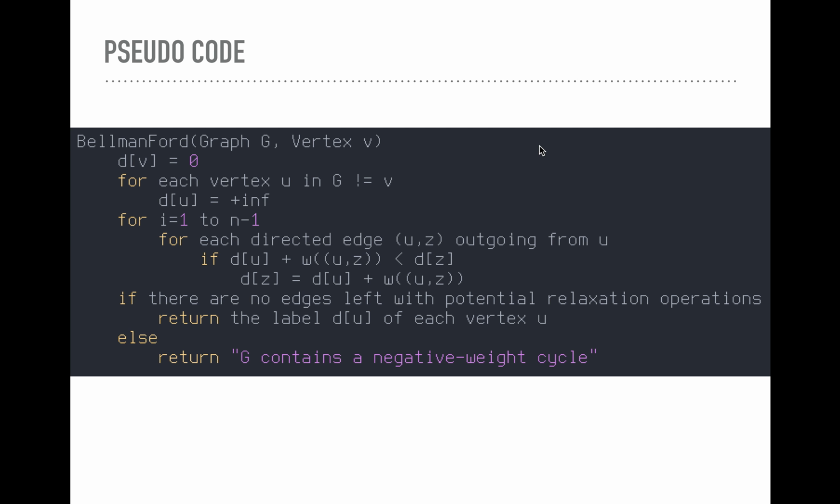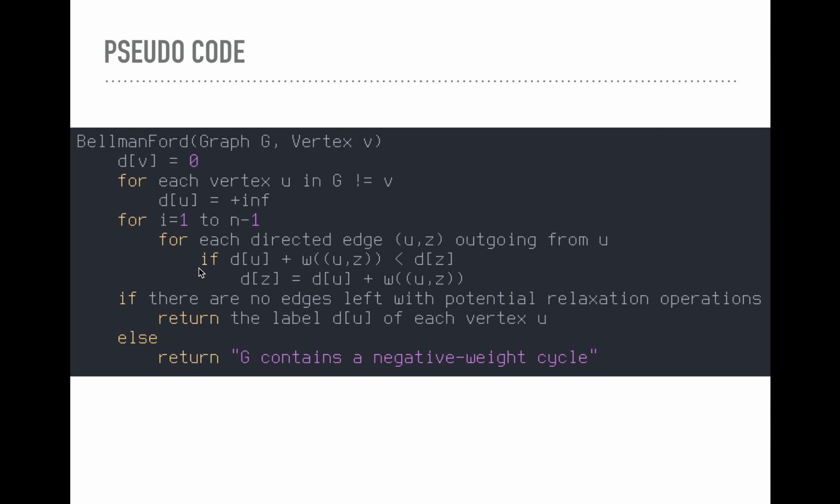Here's the pseudocode. I'll try to finish this quickly for you guys. So it accepts a graph G of vertices V. This is how we start. We set the distance from the start to itself to 0. We set the distance of every other vertex to positive infinity. We're going to have a simple for loop where we iterate number of vertices minus 1 times. For each directed edge (U, Z) outgoing from U,